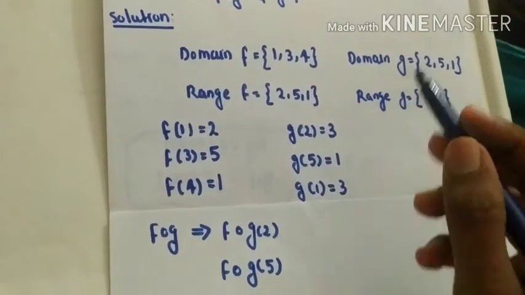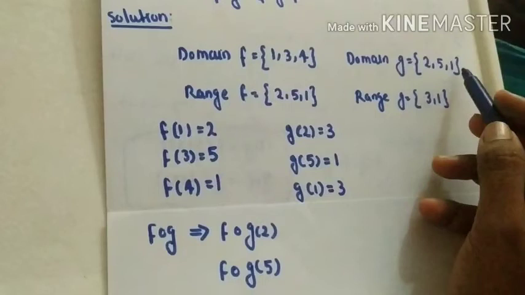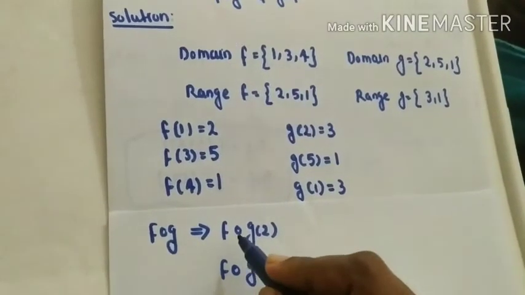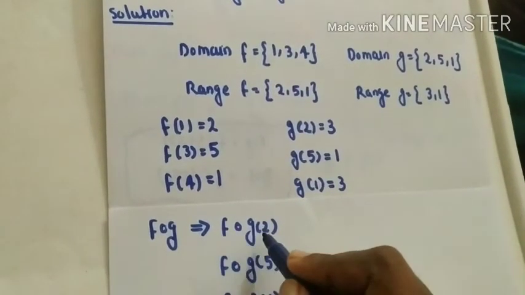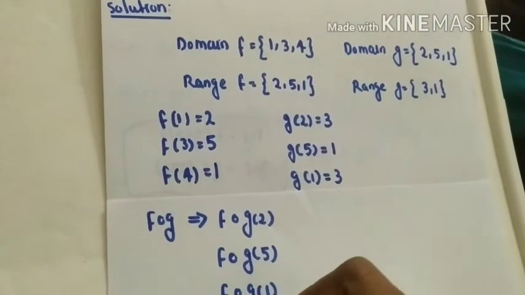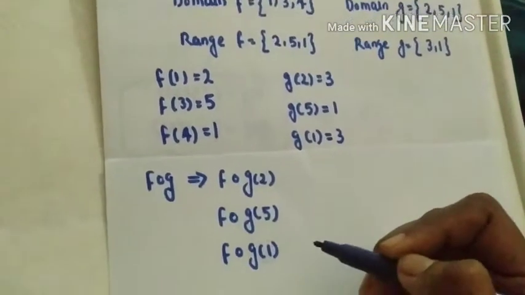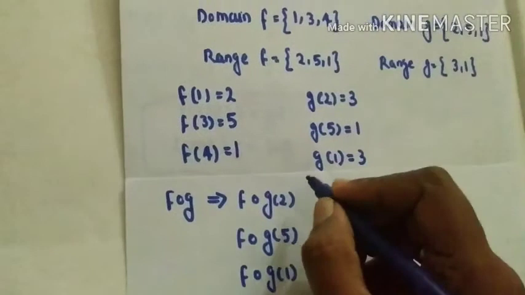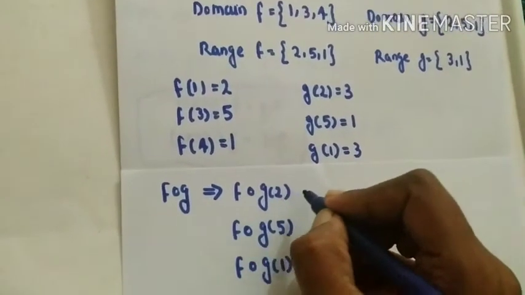The domain of g is 2, 5, 1. Okay. So starting with f of g of 2,